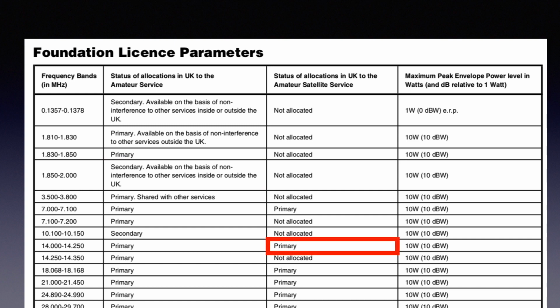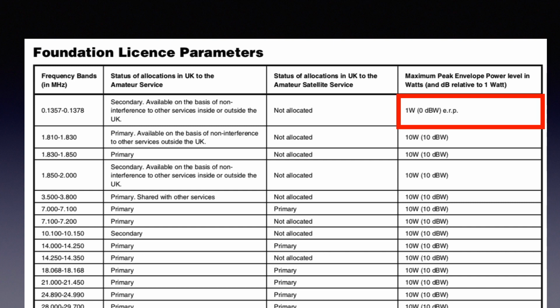Here we're looking at the satellite allocations, and here the frequency band 14 to 14.25. You're able to use that to communicate with satellites if you can find a satellite operating on that band on a primary basis. So Earth to space, that is a primary frequency. And on the right hand column there, this is the peak envelope power. You don't have to worry about the definition of that, but the PEP, the peak envelope power in watts, that